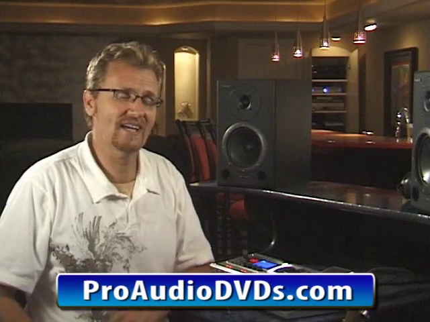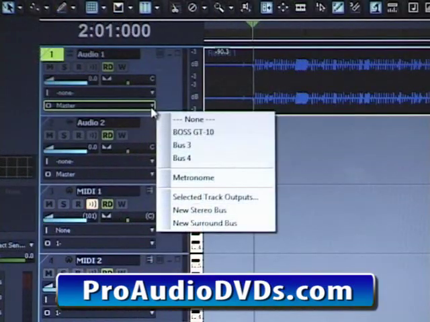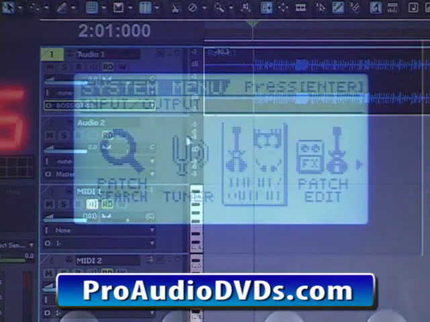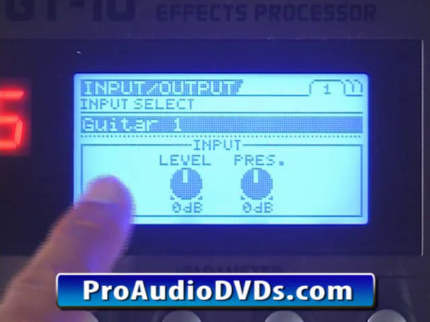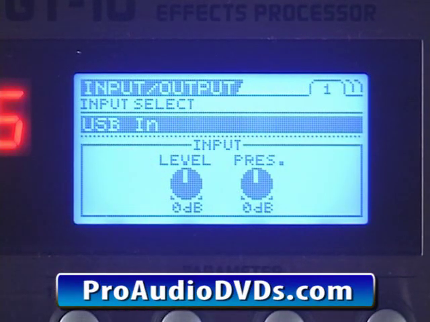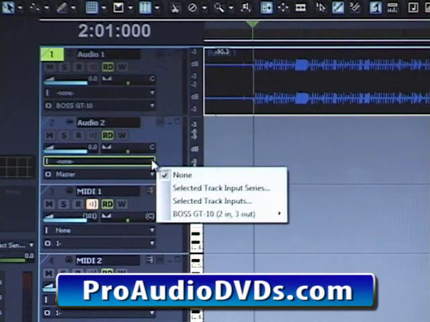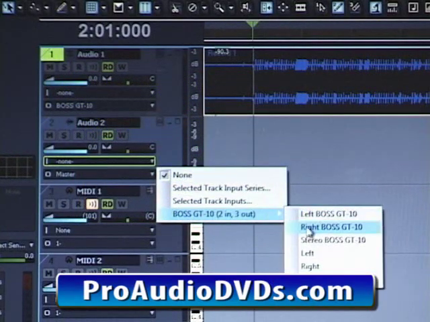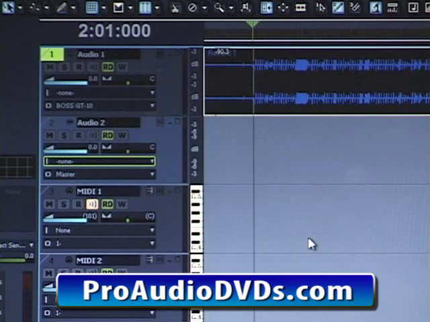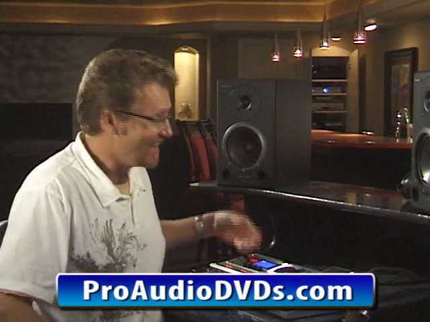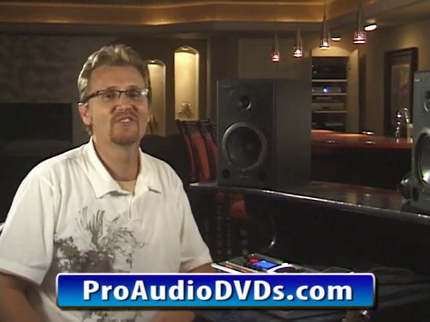What about applying the GT-10 to an output of an existing track's playback? I'll select the output of this particular dry track right into our Boss GT-10, and we'll make sure that the input screen of the GT-10 is set to USB. And then we'll go to a new track and set that to look at the input of the GT-10. Very, very cool. Your dry track comes out, goes through the GT-10, and gets recorded back onto another track in your audio application. Now, there are a few monitoring issues that come to mind when doing this. Make sure that your